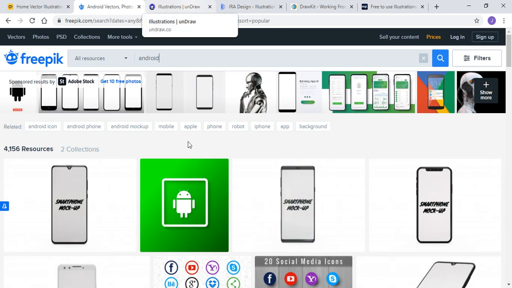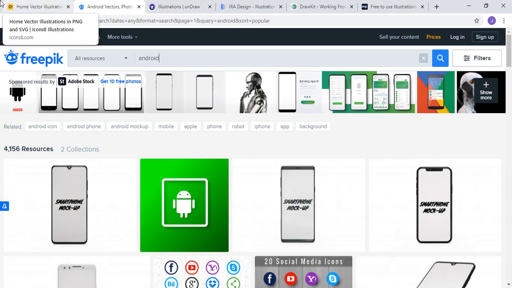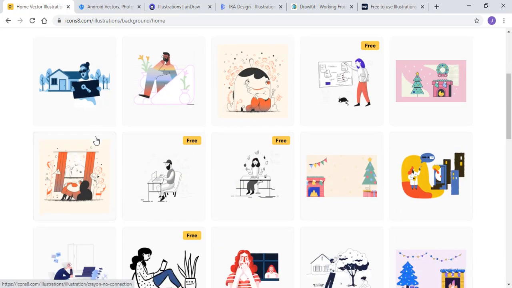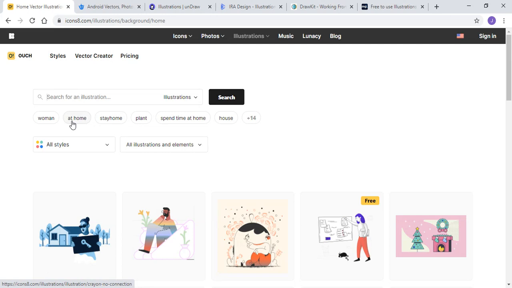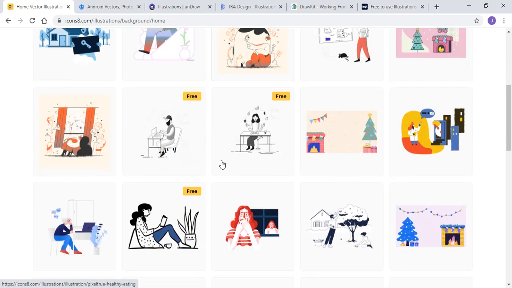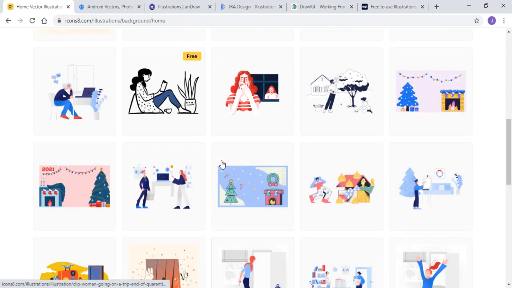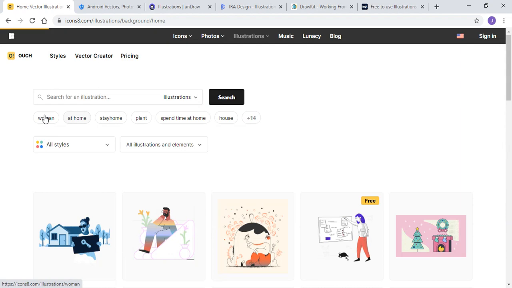So the next website is Icons8 Ouch. Ouch is by Icons8, and you can see that here we also get better illustrations for our websites, applications and landing pages. So here is at home, so let us search for that.